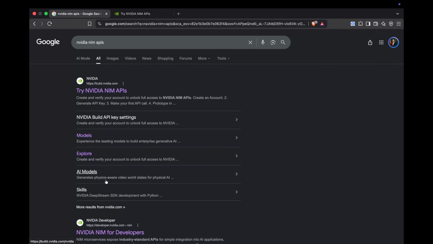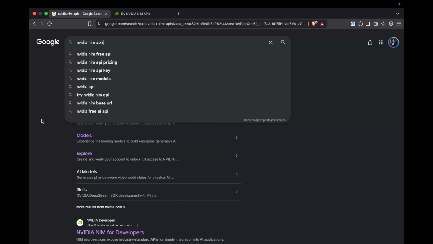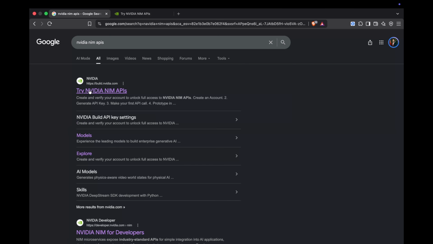Hello everyone. We are going to use NVIDIA NIM APIs for free model usage on OpenCode. I will show you how to create API keys and how to use that in OpenCode so you can code freely without any limits. So go ahead and open your browser, click on Google and search NVIDIA NIM